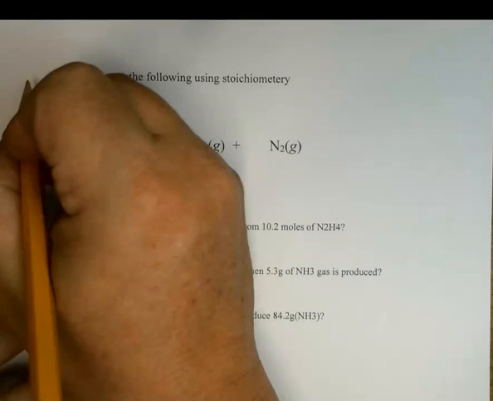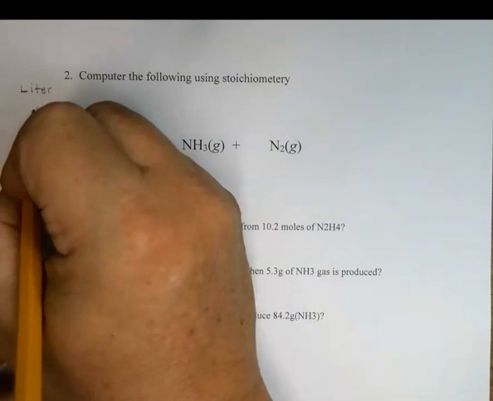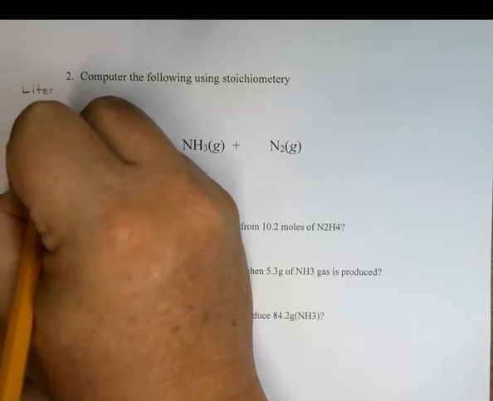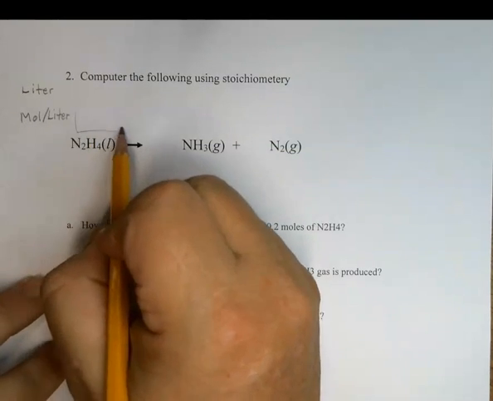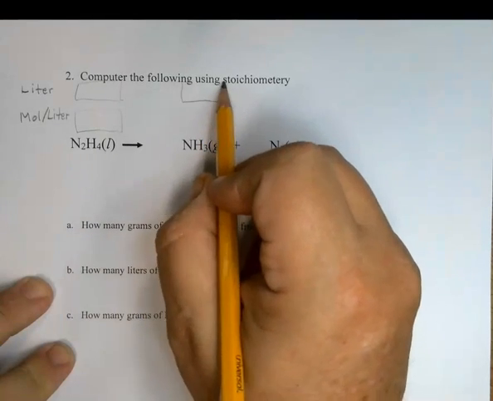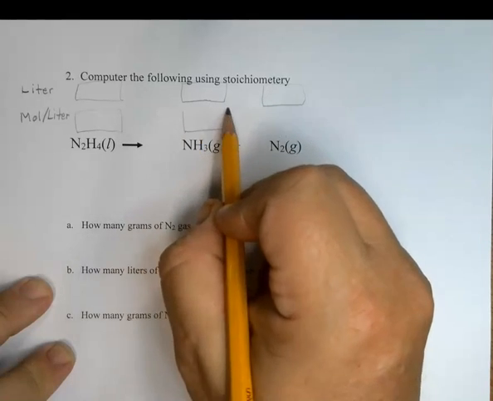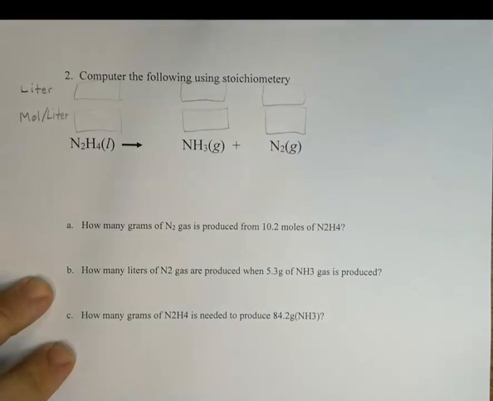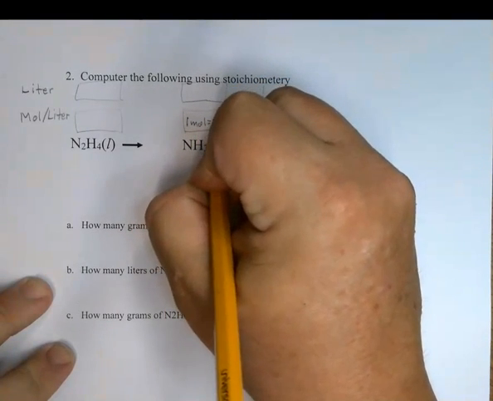And that is, on the top we have liters. And then the next line right here is going to be moles to liters. Okay, and then now if you want to draw the boxes, go ahead. You maybe just want to write those words, you know that what goes there. And remember, moles per liters only applies to gases. So I have two of these three substances here are gases. So I can write 1 mole equals 22.4 liters,